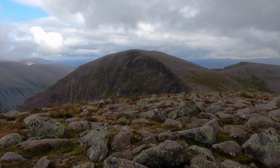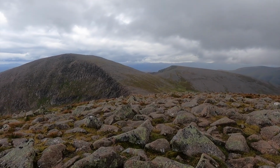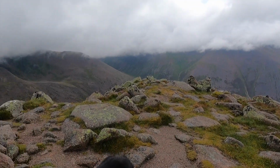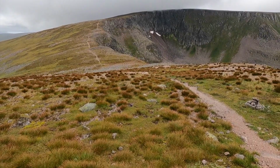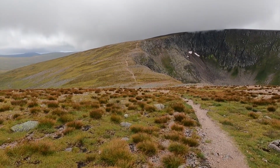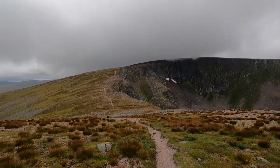That's where we've just come from, the second one. And the first one is hidden behind it. We followed that ridge line up to it. What a fantastic day. So I've just about finished the descent of Angel's Peak. You can see the path wrapping up around the cliffside there, and there's about 2 or 3 tops to go